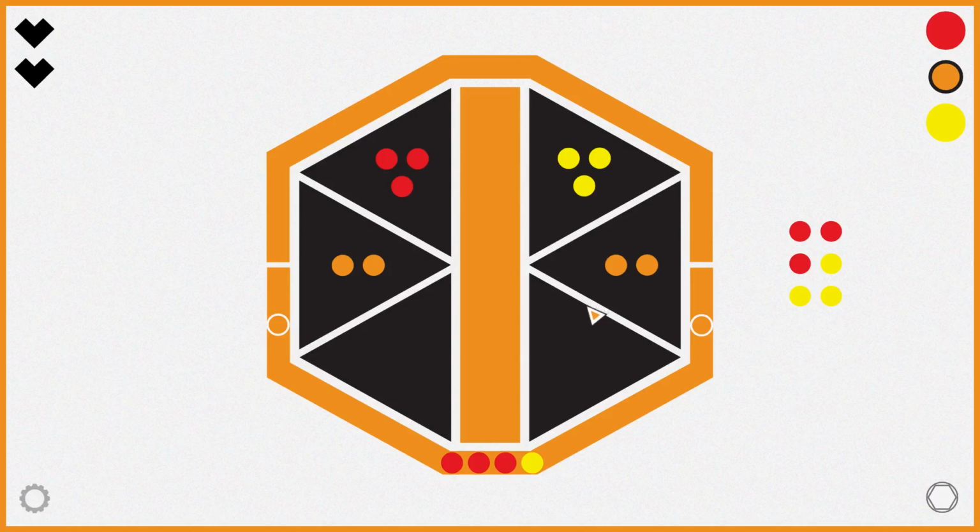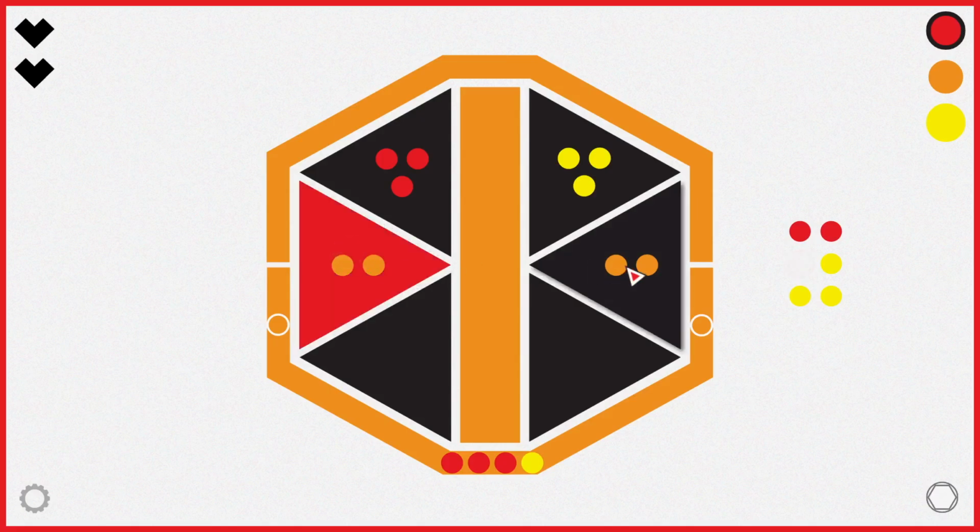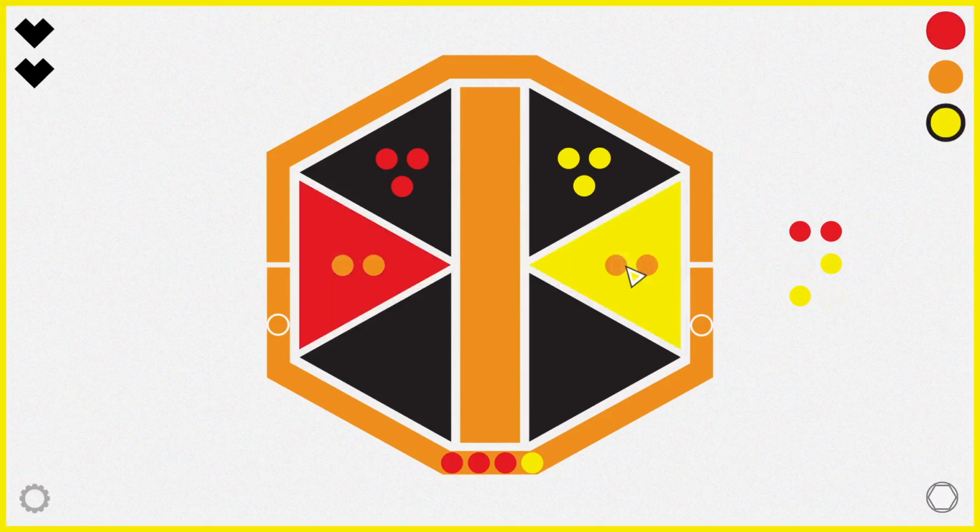What does that leave us with? Wait, 1, 2. You have 2 reds. You need 1 red between these. At least. There could be more. Of course, there could be more. But there are no more oranges, of course. You need a red still. And that has to be red, since there are no oranges. Same goes for yellow over here. And you have 1, 2, 3 reds and a yellow, so this clue is